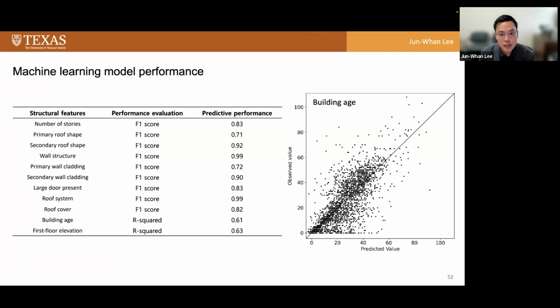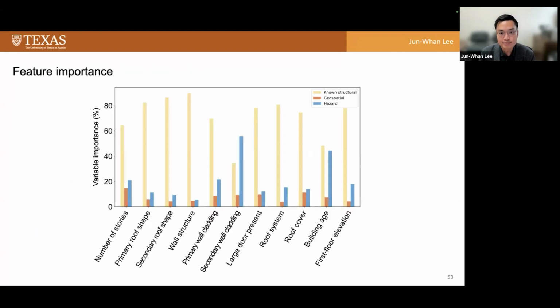And the right scatter plot shows one example of the prediction. So we intentionally hid some of the building age information and used the machine learning model to predict the building age by using the hazard information and known building information. The x-axis is the machine learning model prediction, and the y-axis shows the observation data sets, which were hidden during the prediction process. And this figure shows the feature importance for each component to predict each of the structure